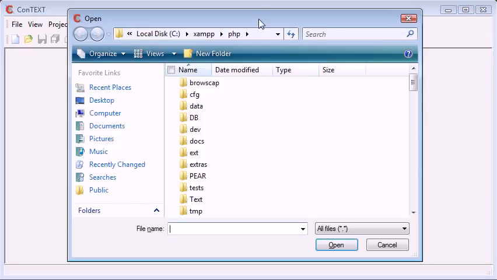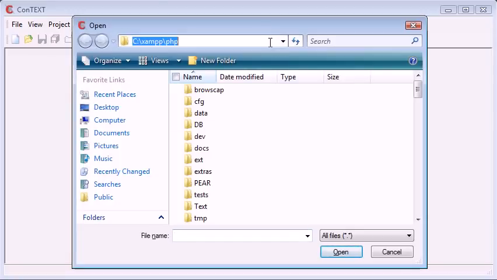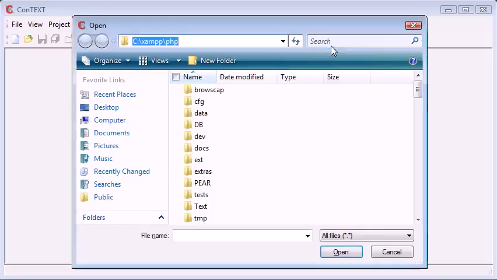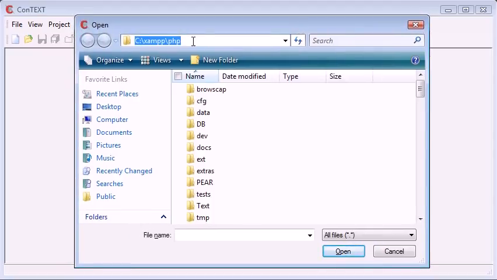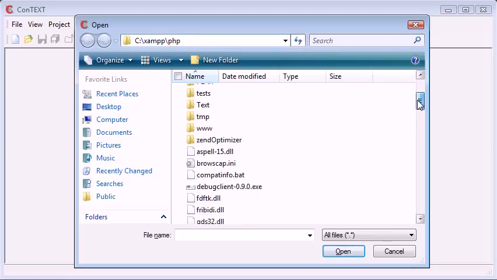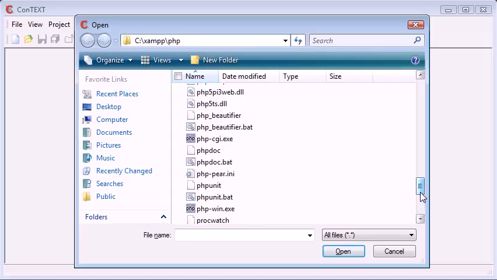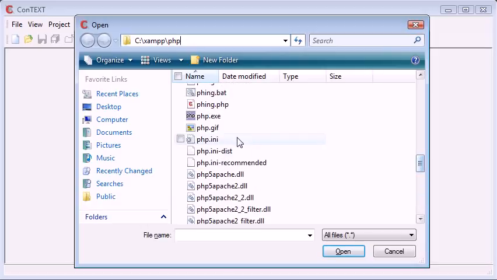So let's open up an open dialog. Now you can see that at the moment I'm in c:\xampp\php. Now this is because I'm running a XAMPP package. You can see here I've got my XAMPP control panel open, and I've got Apache and MySQL running, blah blah blah. This is just my package that I've installed that contains Apache along with PHP installed with Apache. So this is our folder with PHP, and it's got all the information and the runtime DLLs with regards to our PHP installation. Now obviously the file we want is, let's just find it, it would be here, is